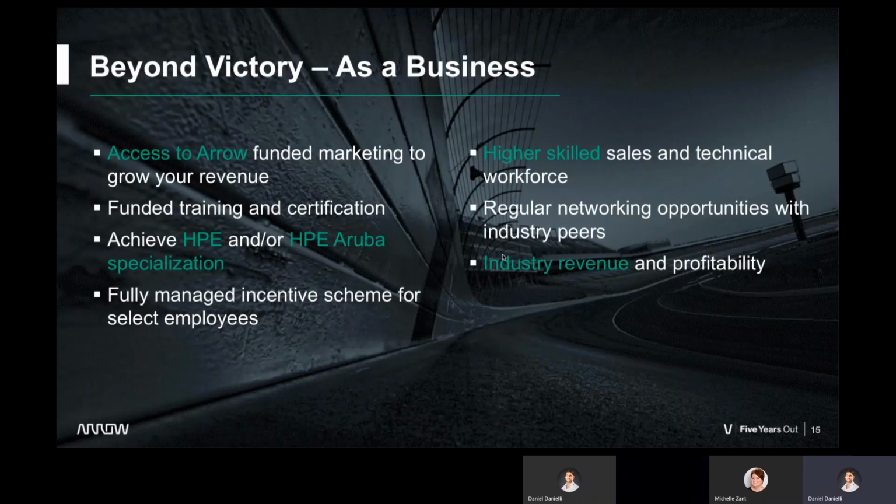So beyond victory, as a business, everybody is going to be able to access Arrow-funded marketing to grow your revenue. You're going to receive a huge amount of funded training and certification. The return on investment here for partners is incredible. You're going to be able to achieve HPE and Aruba specialization, which is going to be critical to your medallion tier